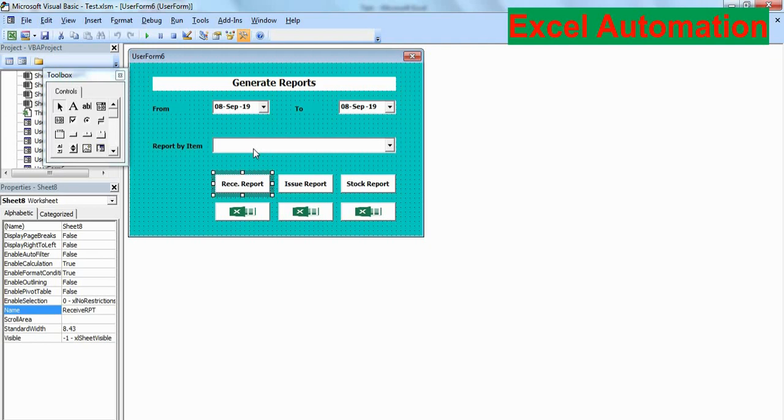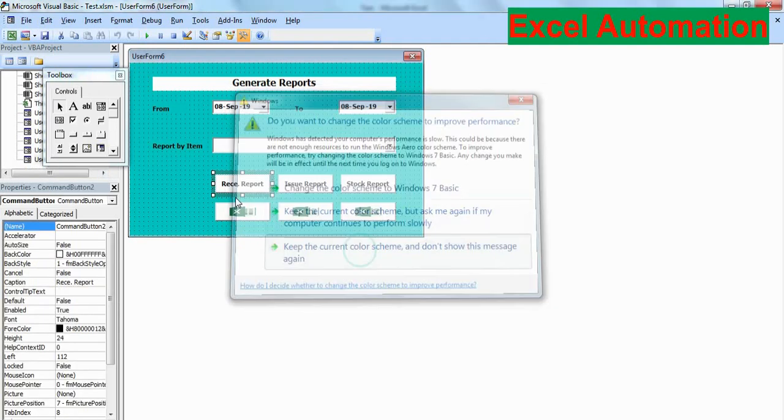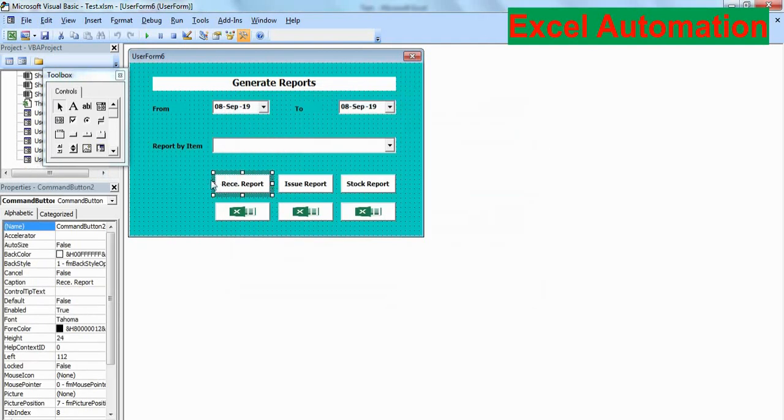So in the first part we completed the coding of the lump sum report of all the products. Now we will add the coding in this button to generate a report for a particular product. So I will double click this receive report, but before I start,